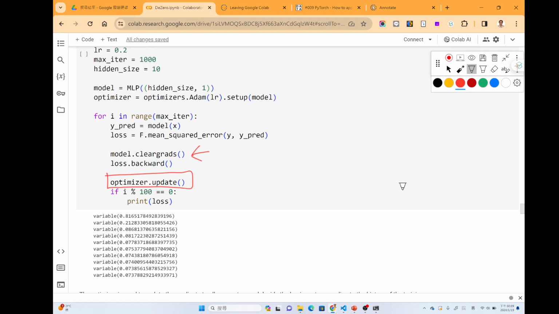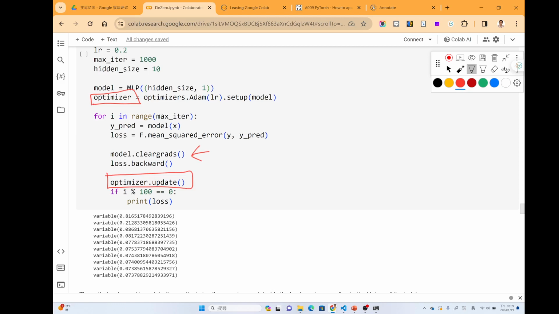We will introduce the concept of an optimizer here. The optimizer will be responsible for updating the parameters of a model. So here, you need to create an optimizer object.